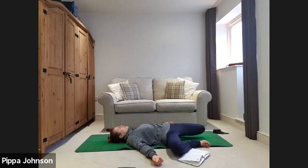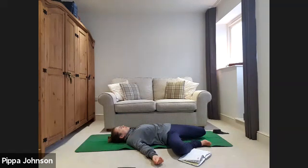If you're still with me and you have that left heel close to the buttock, then reach the left knee further forwards and down towards the mat, so you feel the opening around that front side of your left thigh. Sometimes a little bit more intensity around the space of the knee or into the hip. If it gets too strong or pinchy or stingy around the knee, just release it and hold the